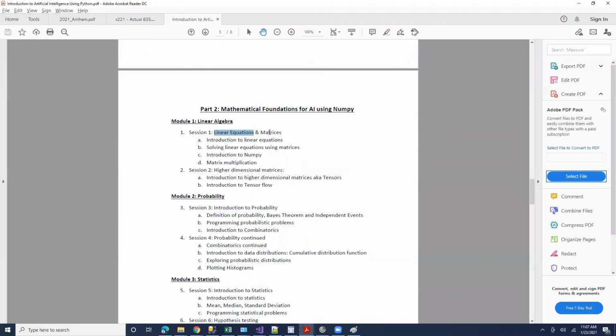How many of you know what matrices are? Okay, good. How many of you know the connection between these two? Vector math. Okay, very good. So it looks like up to here at least